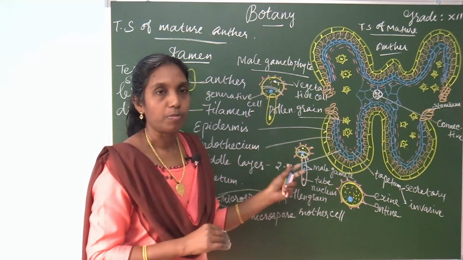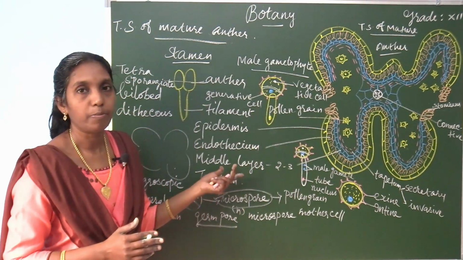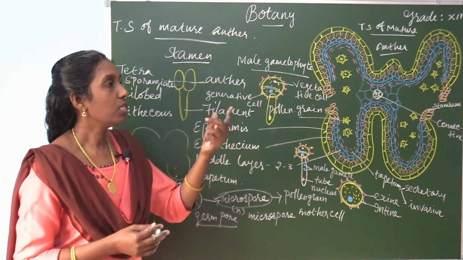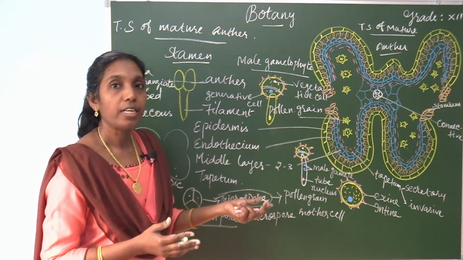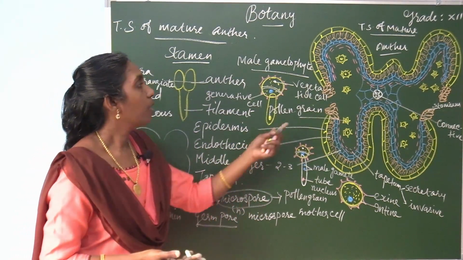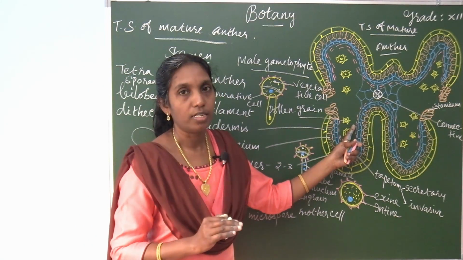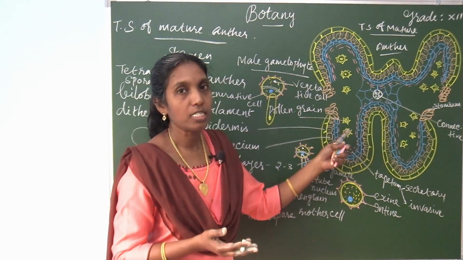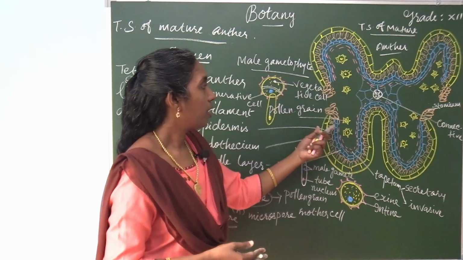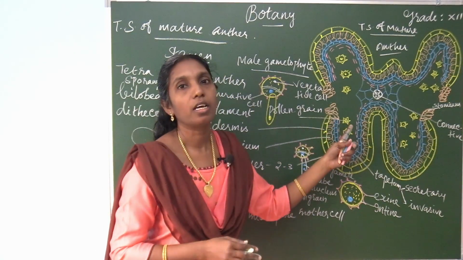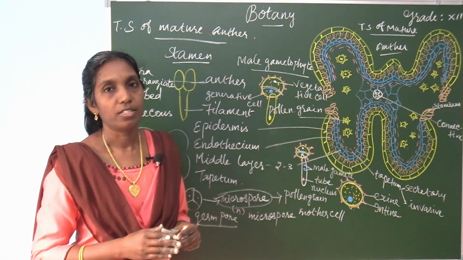Angiosperms are the normal flowering plants around us. About 60% of angiosperms liberate the pollen grains at the two-celled stage. Few plants disperse the pollen grain at the three-celled stage.